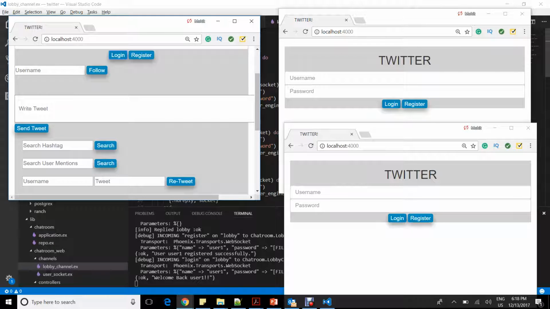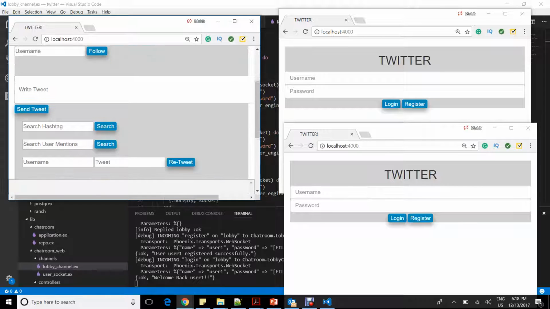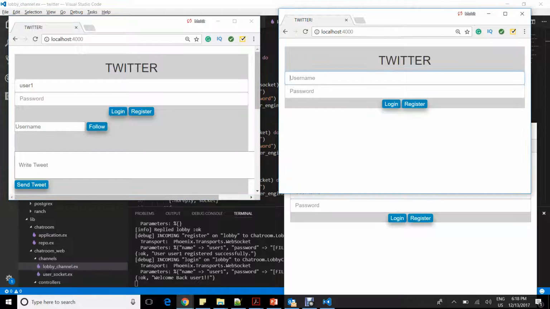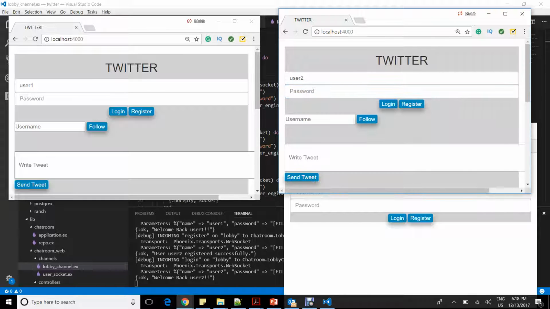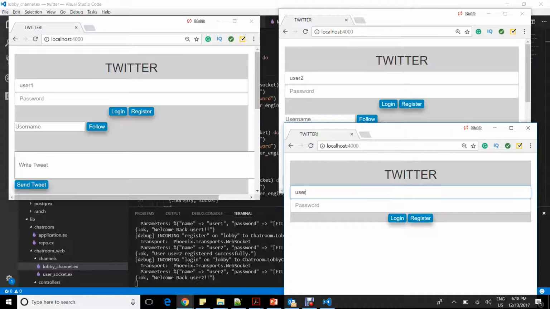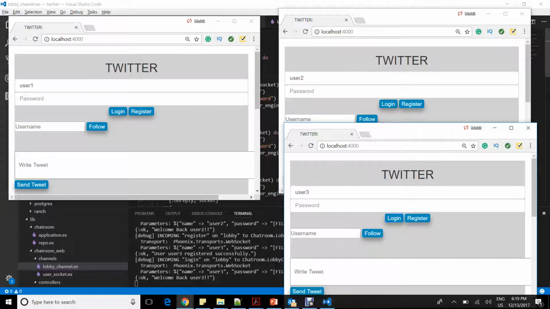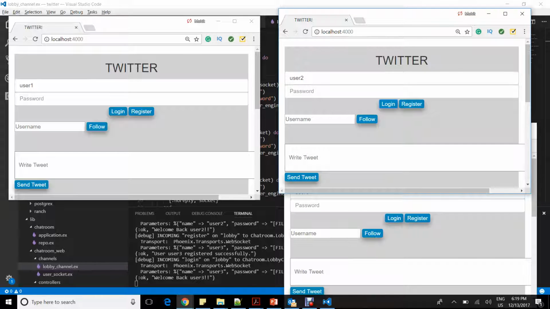So this is the home window where you can see the follow button, send tweet, search hashtag, search user mentions, and the retweet. In the same way we can make multiple users. So I'll be making user 2, and then I'll be logging him in, and the same way user 3. So now we have 3 users in our database,